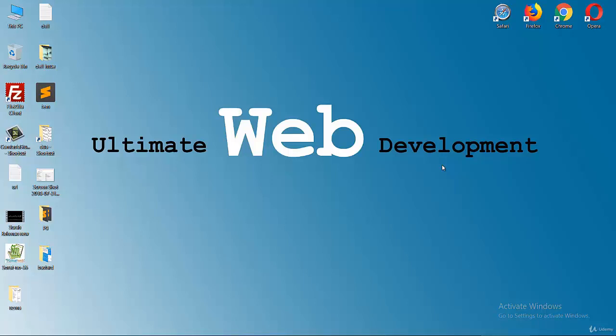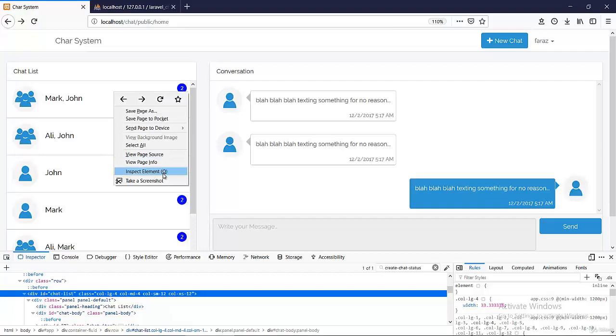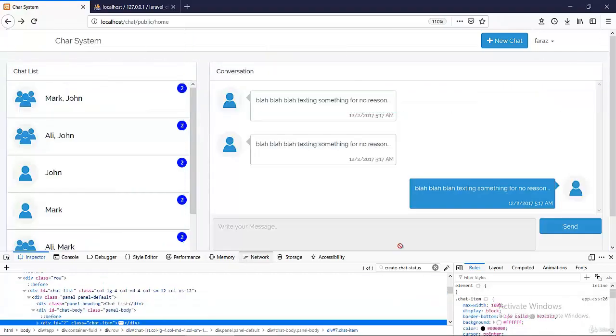In this video, we're going to work on the message section. So the very first thing that we're gonna do is to work on here. If we click here, it will open up the section here, and we would be able to see the messages for this chat, as well as we can reply from here. So let's get started. The first thing that we have to do is to capture the